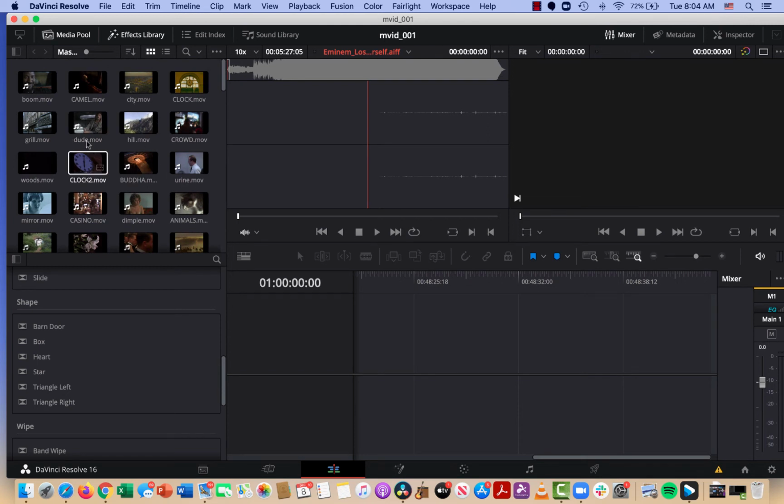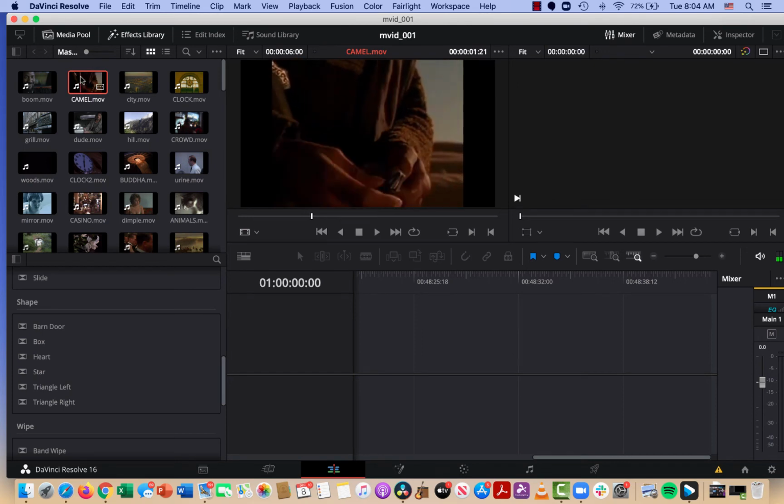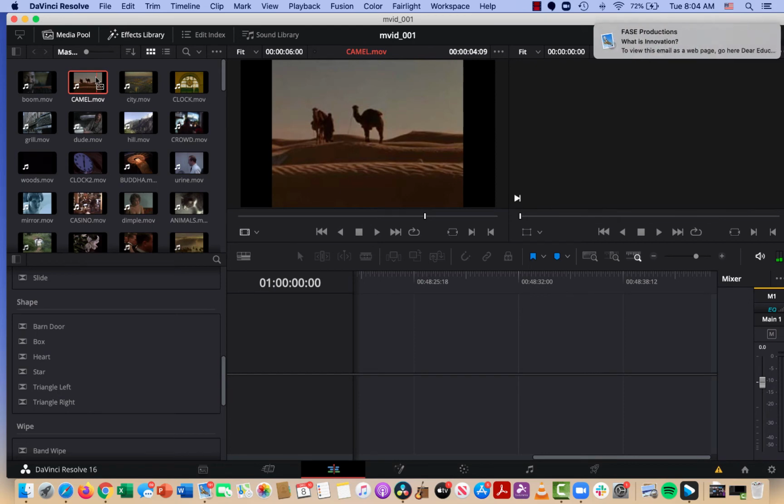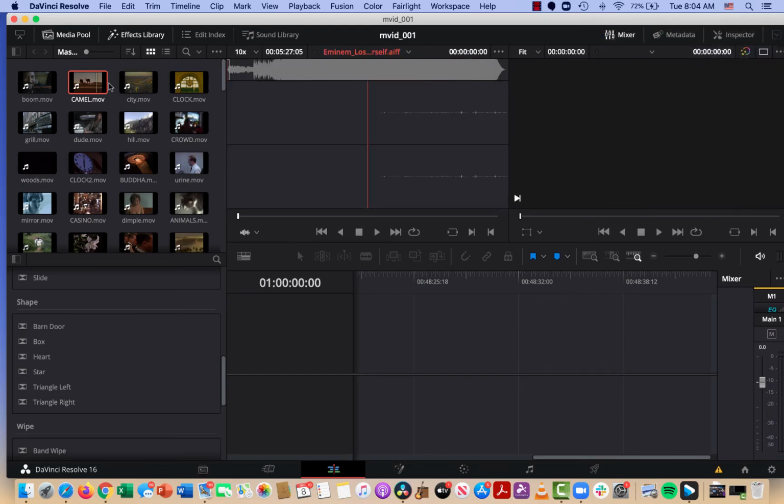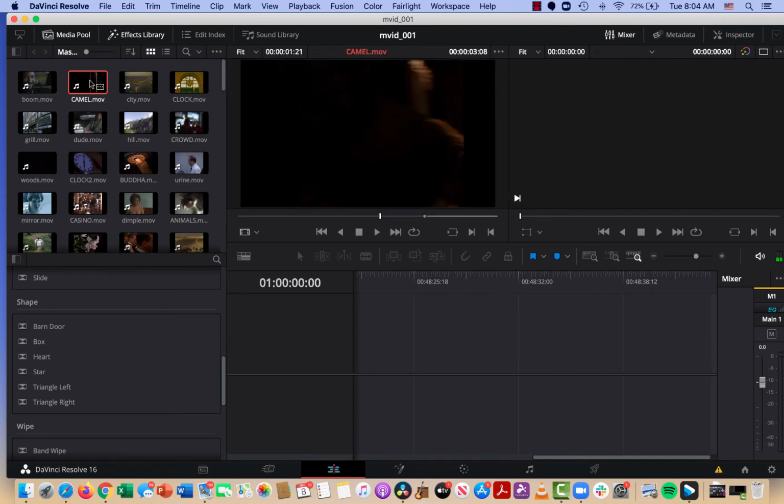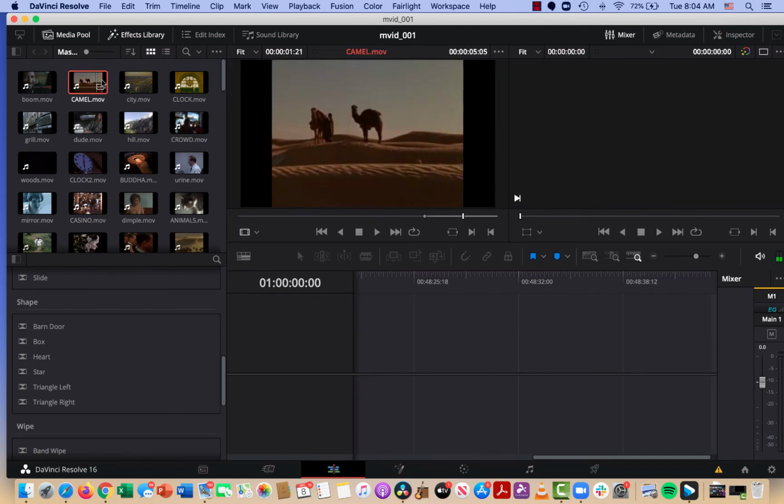So to edit, I'm going to grab a clip. If you didn't set an in and out point, you can set them here as well. Double click on the clip, and I can set an in point. You can see it right there. There's the in, there's the out. When I drag that down to the timeline,